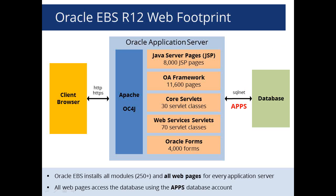So let's first talk about the Oracle Web Footprint. When you install Oracle Release 12, and this also includes 11i, you get a fairly large install. The application is very well integrated, so all modules interact together and are one big package. Because of that, when you install the Oracle E-Business Suite onto an application server, you're actually getting the entire